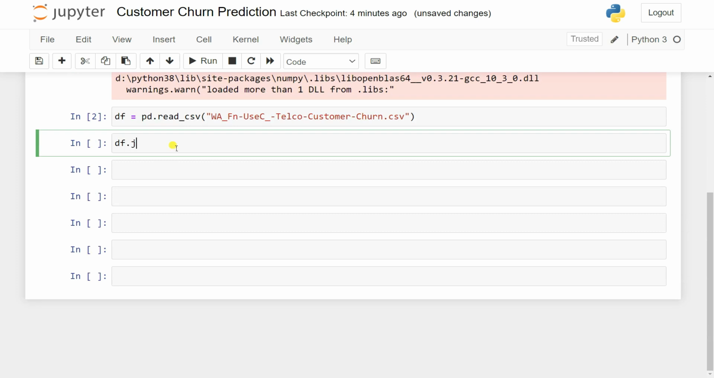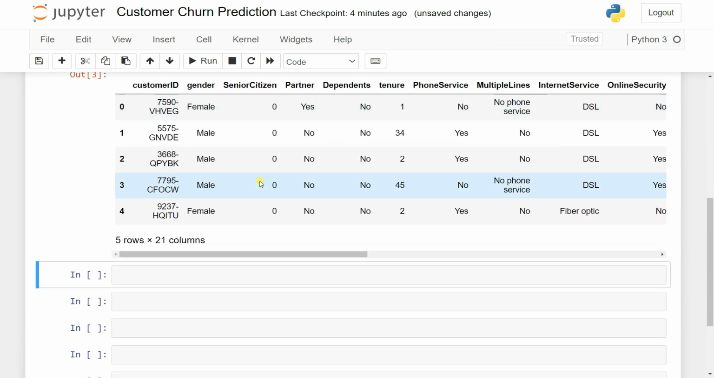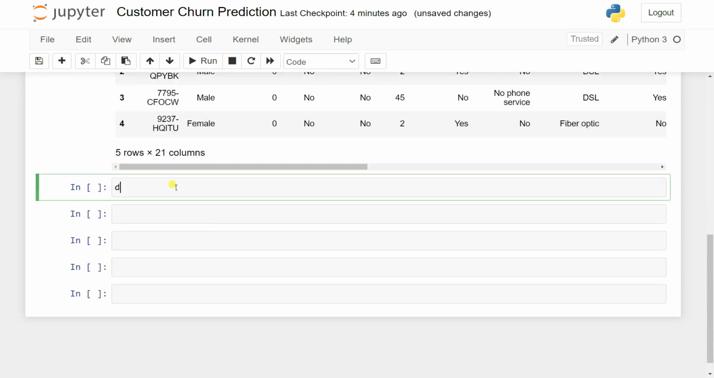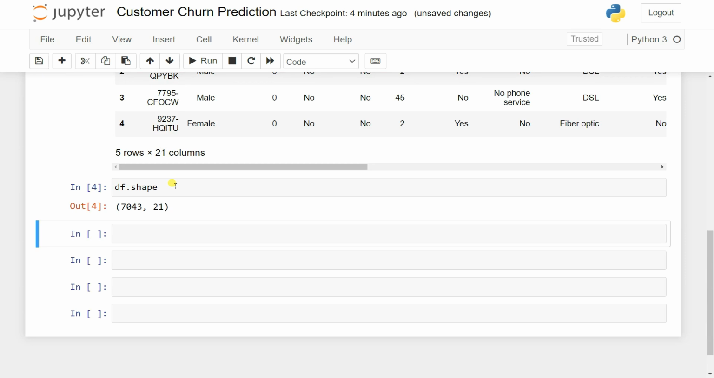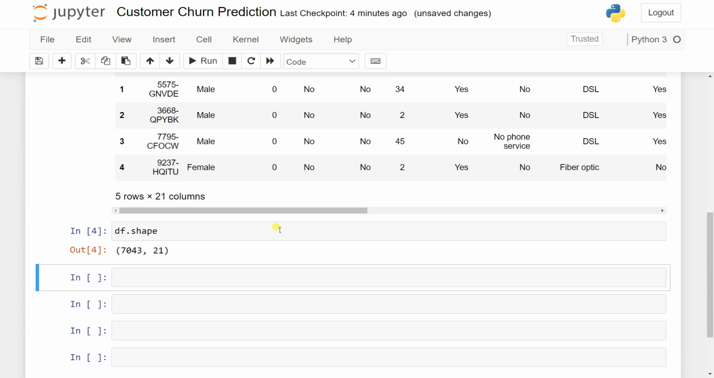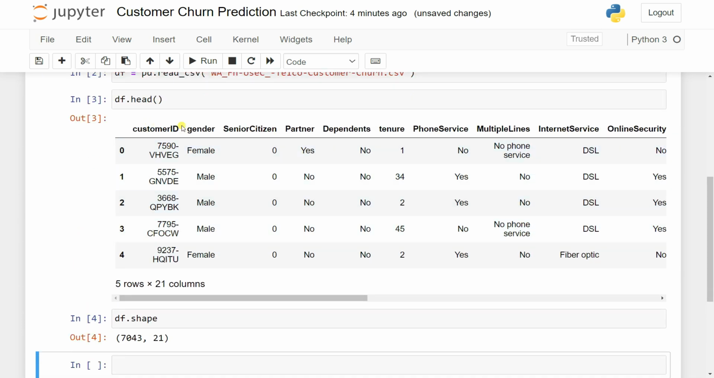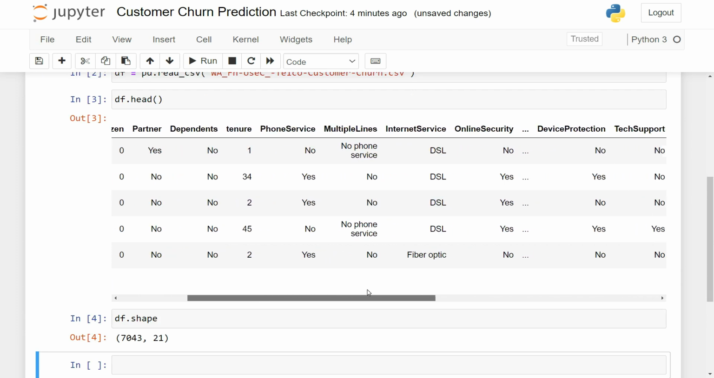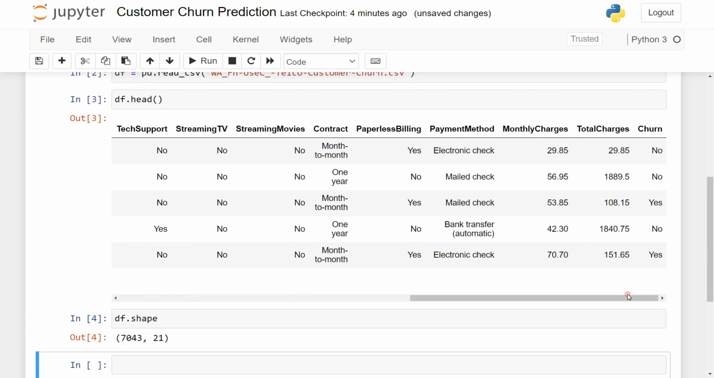Now let's check the head of that. Let's say df.head. Then you can see the dataset with 21 columns, and right now it's showing the first 5 rows. You can check how many rows are available using df.shape. So you can see that it has 7,043 rows and 21 columns, meaning features. And if I look, it has customer ID, gender, senior citizen, partner, dependents. All of the columns are there, as well as the last column,